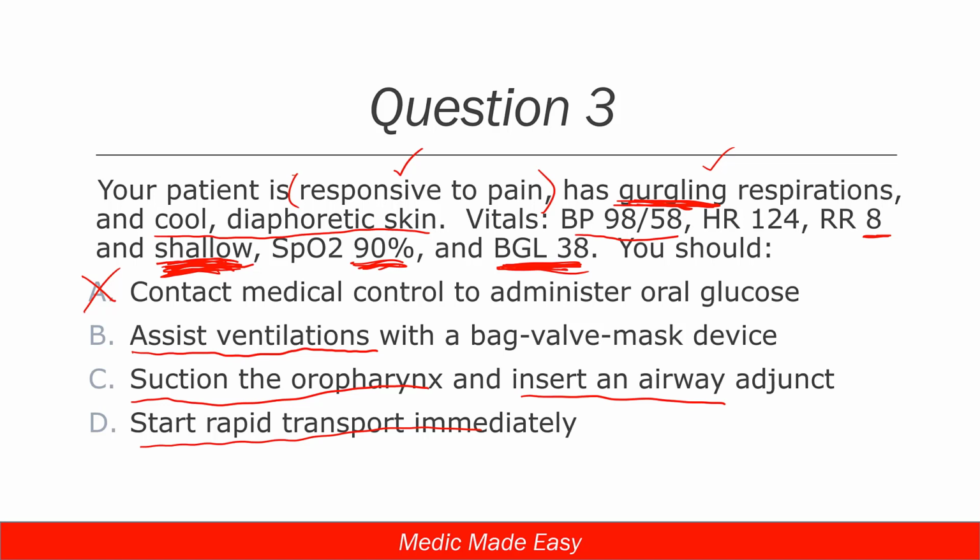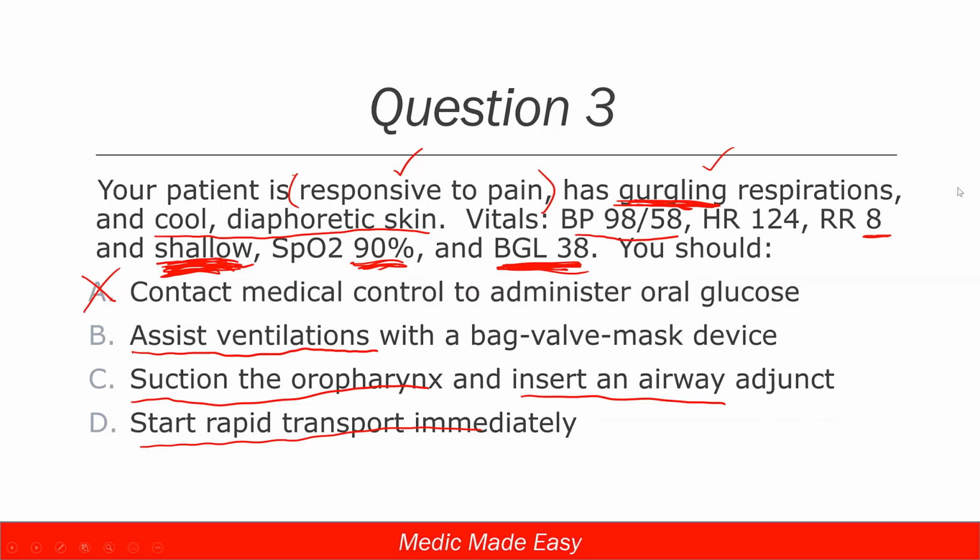So this is what happens, and it's why a lot of people can get frustrated with National Registry, because they'll say, I'm going to do all of those things. And if I'm going to do all of those things, what is Registry trying to do? They're trying to trick me. They're trying to stump me. They're messing with me. I like all these things, except A in this case. We're not going to do A. That one we're for sure not going to do. But we'll bag this patient. We'll suction this patient. We'll transport this patient. No question about it. And sometimes that happens, and that's where people get stumped, because they don't know that